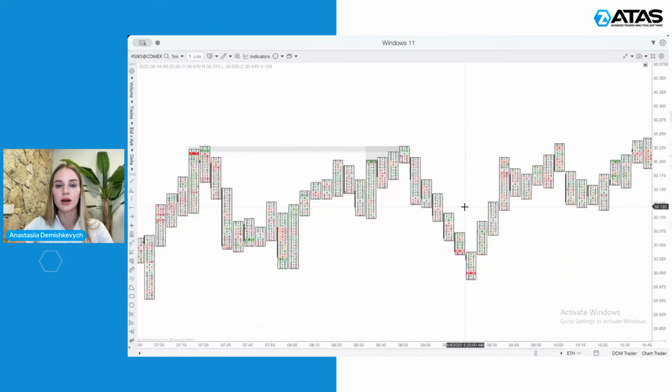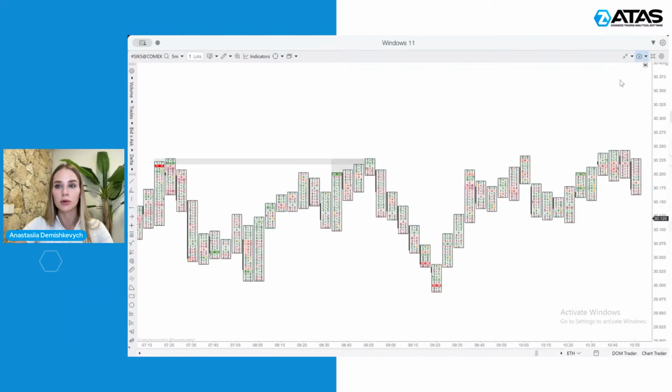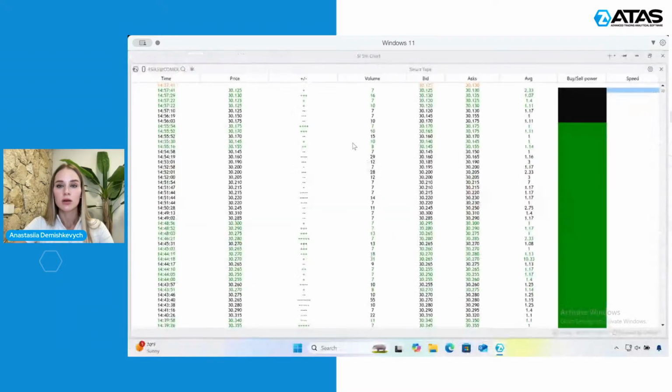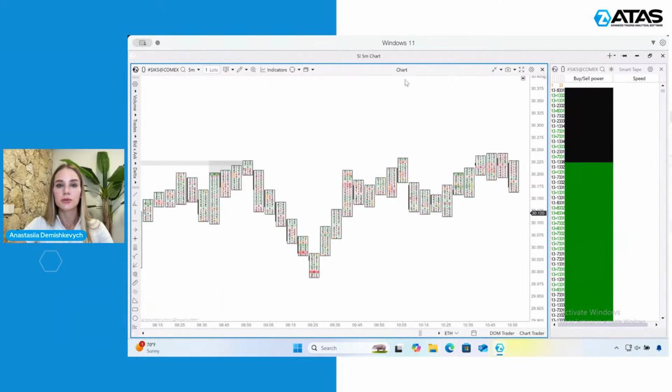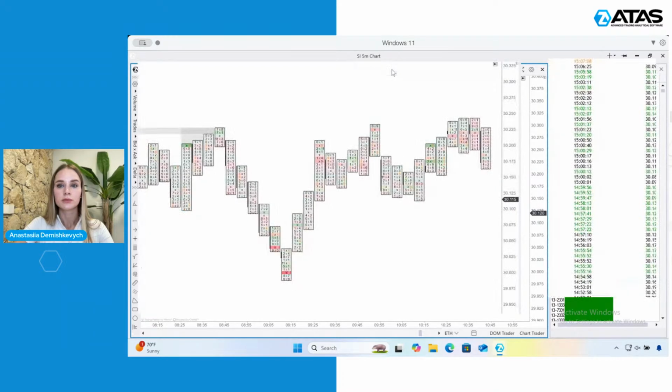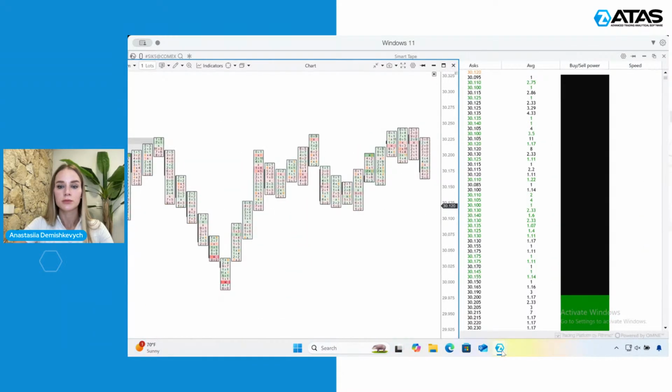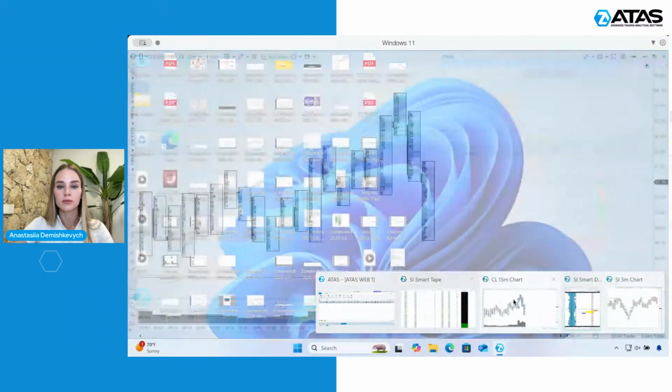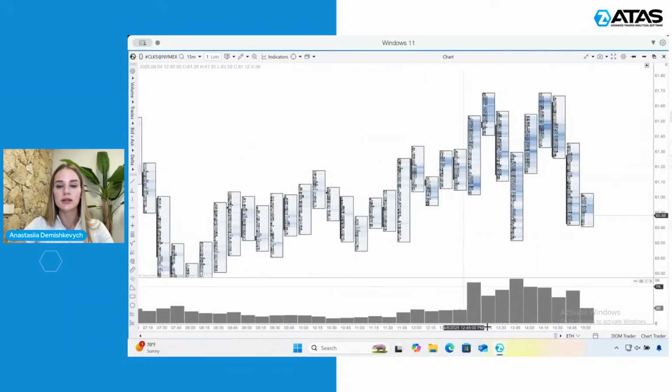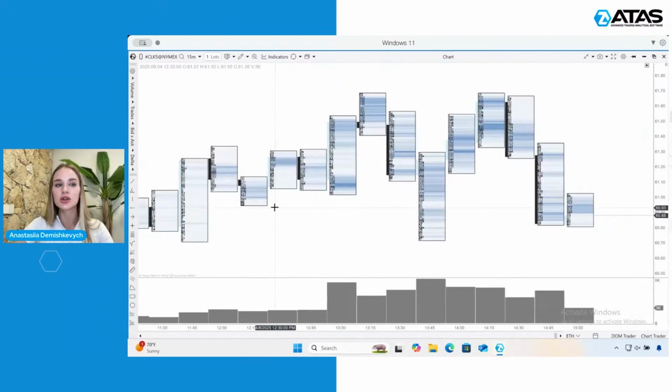Again, if you have any questions in the details, please already start writing them, because we are getting closer to our today's webinar. But the other useful filters and settings that you may be using for your footprint charts is the following. Let me go back to the other chart. There we go. So the other things that you may be looking for is, besides using the bid and ask